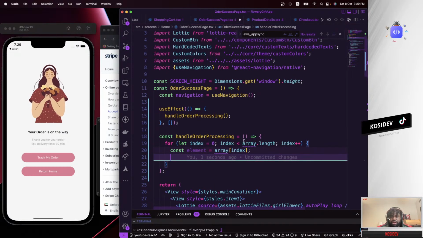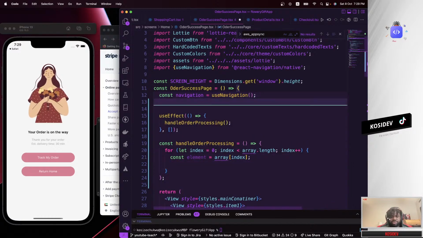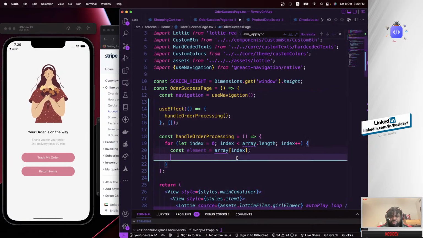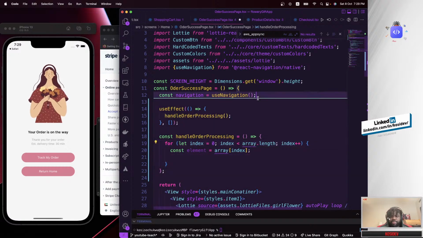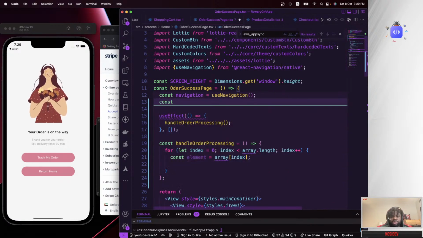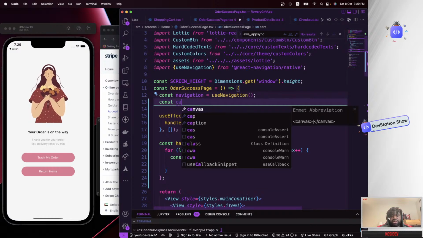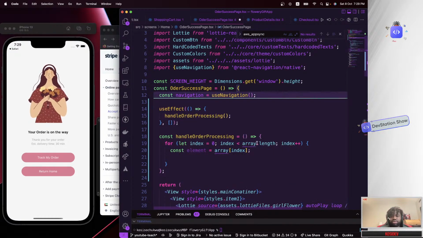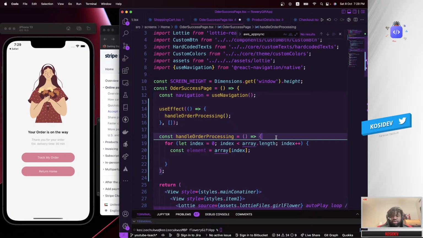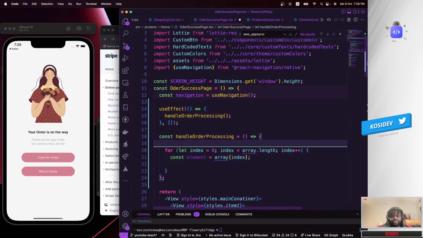Over here, before the for loop, I'm going to create a constant called cartItems.